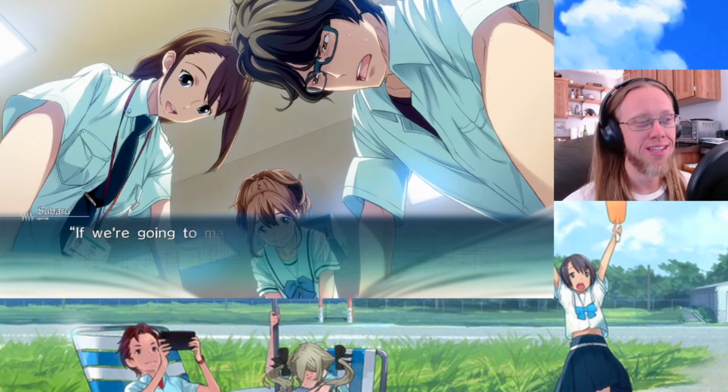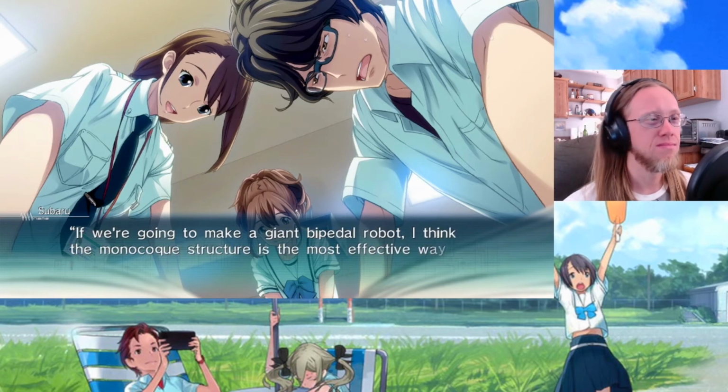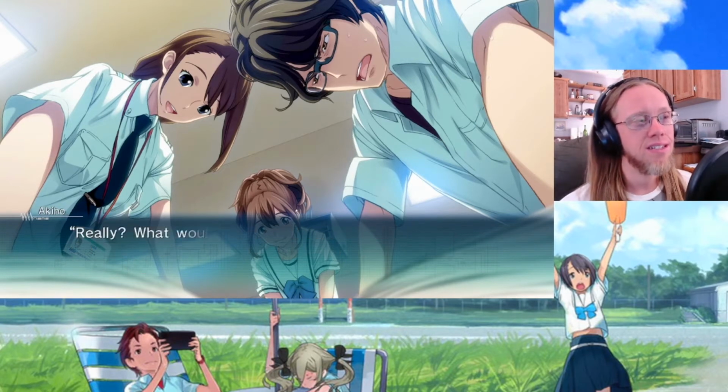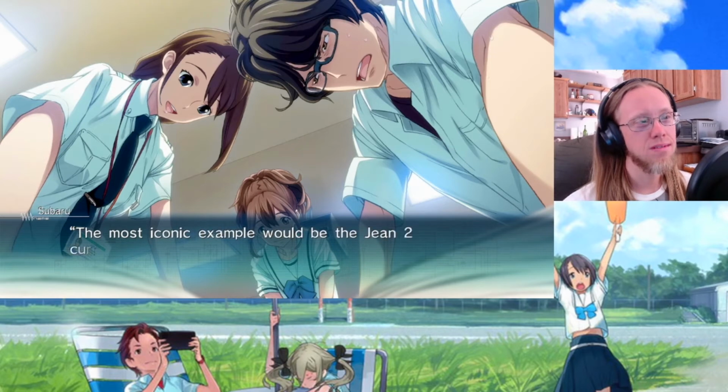おそらく巨大二足歩行ロボットを作るならこのモノコック構造が最適だと思います。 Okay, then let's do that. そうなの？どんな形してるの？ 代表的なものだとフランスのルーノ社が開発中のジェアン・ドゥがモノコック構造ですね。